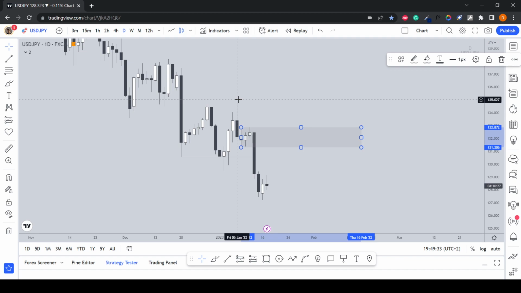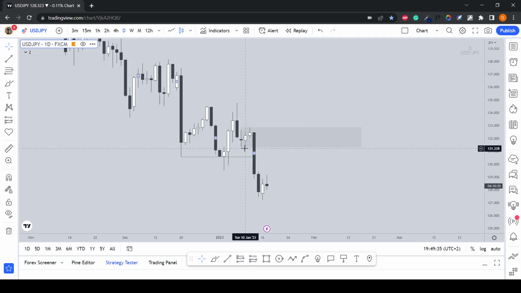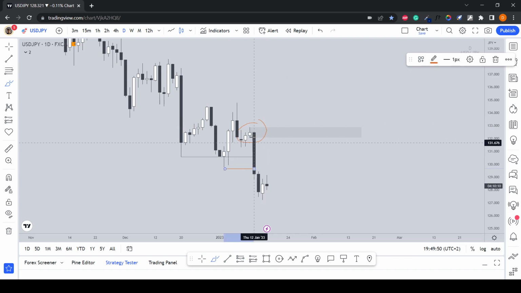So this is our refinement. As you can see, these are two candles. So we can move even further and say, okay, only if price will come to this smaller zone, then we will use this refined zone, refined from this bigger one, and we will use our confirmation only in this zone. So this is a way to refine zones when you are on the